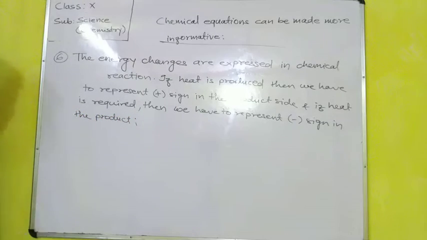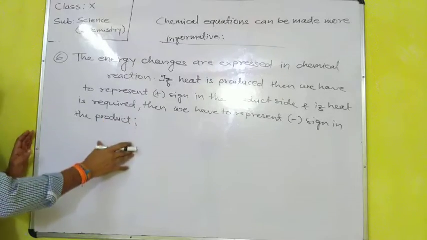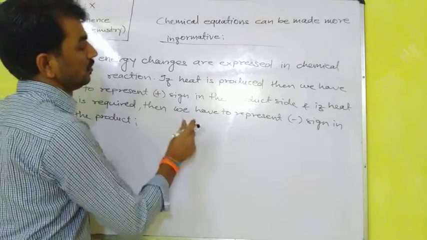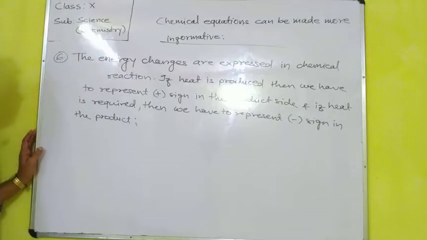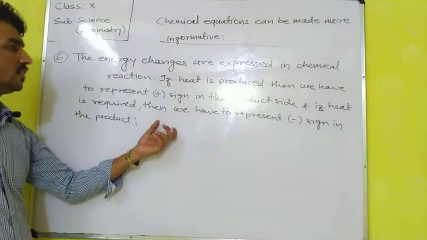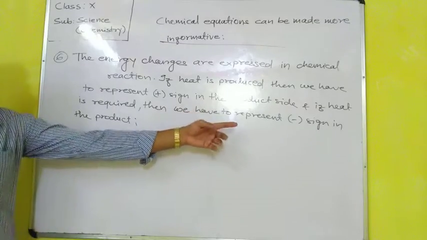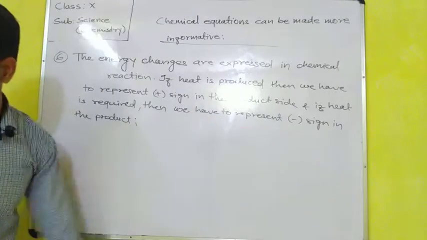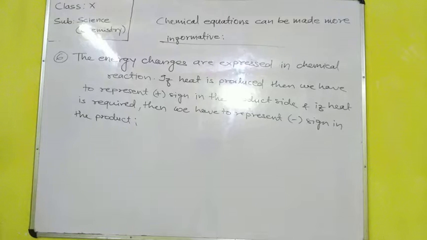If heat is produced, then we represent it by the plus sign, on the product side. And if it is required for the proceeding of the reaction, then we write a minus sign on the product side. For example, for the combination of